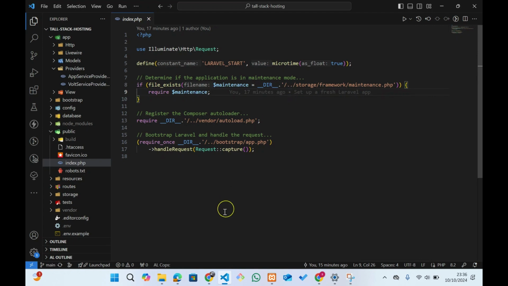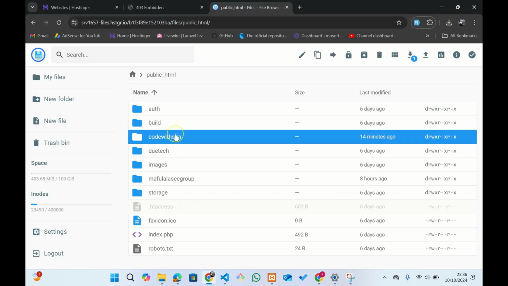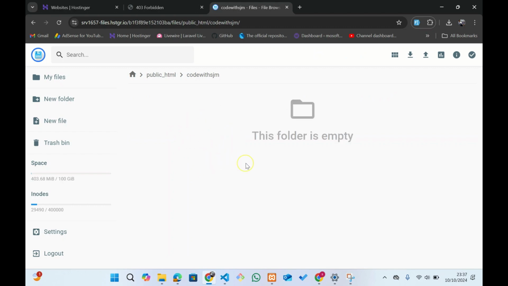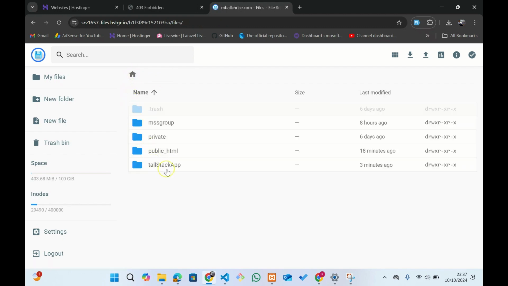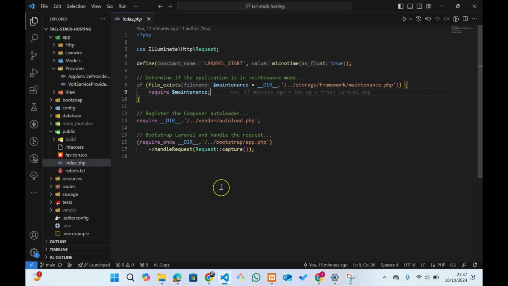So what we need to do here, to navigate from here, to tell our index.php file that the directories of vendor, bootstrap, and storage are found from that directory, meaning that we need to navigate from this directory, go back one step, and then go another one step, and then go inside this directory. So to say that, in here we need to add this